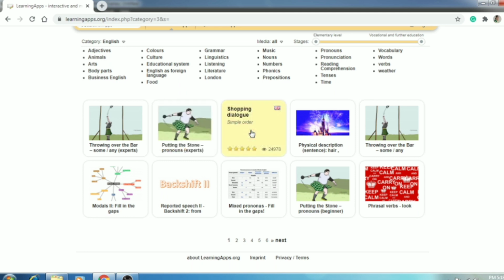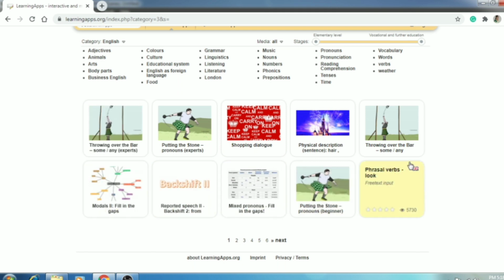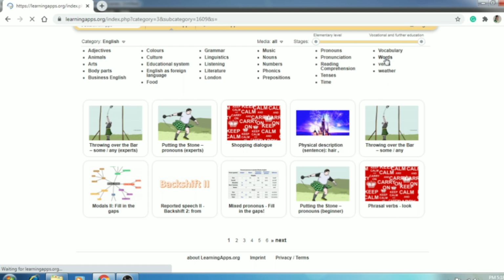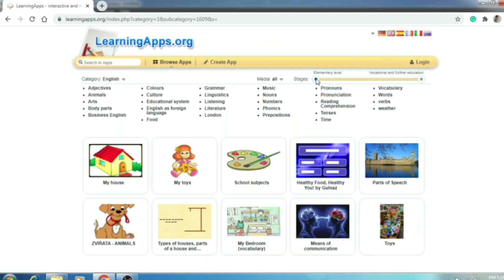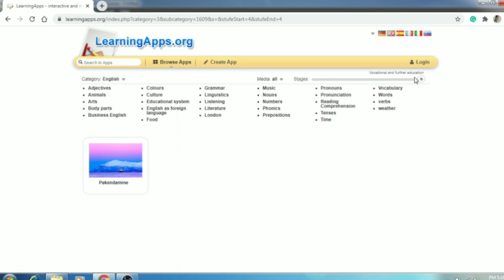Now to get started, we can go and choose the topic or subtopic present over here. We have many topics available: adjectives, pronouns, nouns, words, different kinds. Let's choose words now. We can choose the different difficulty levels as I told you before. Under nouns, if you choose the high difficulty level, only one activity is available.